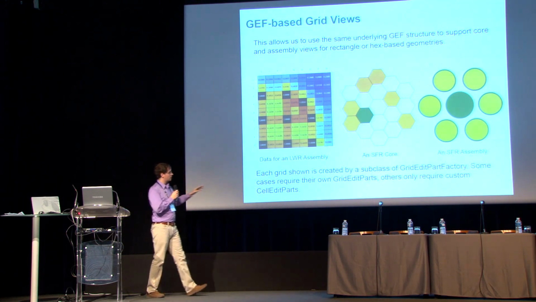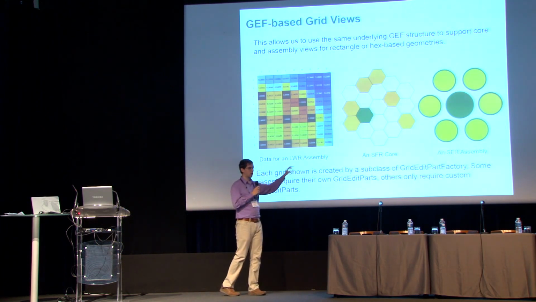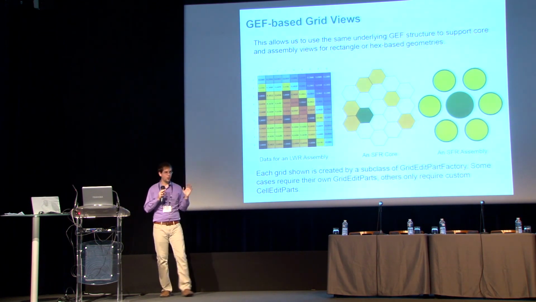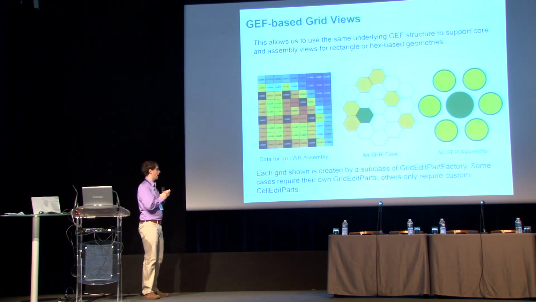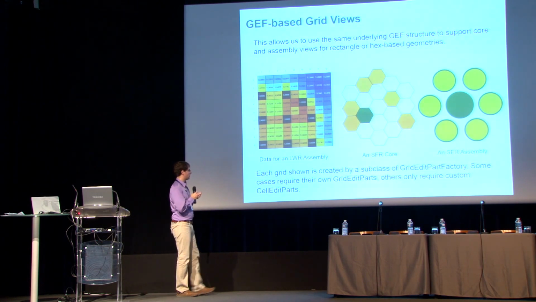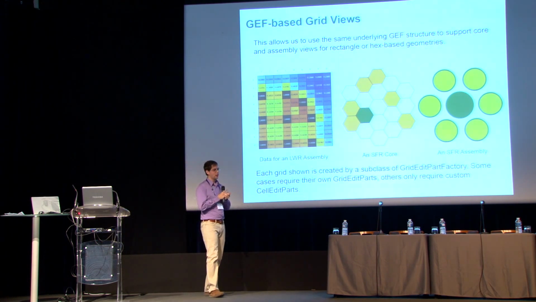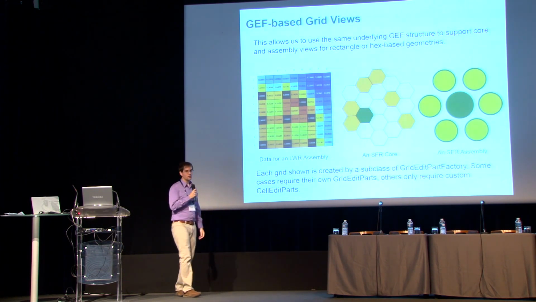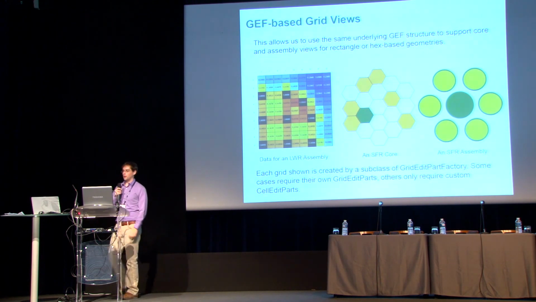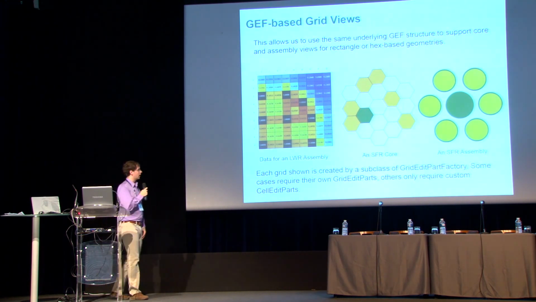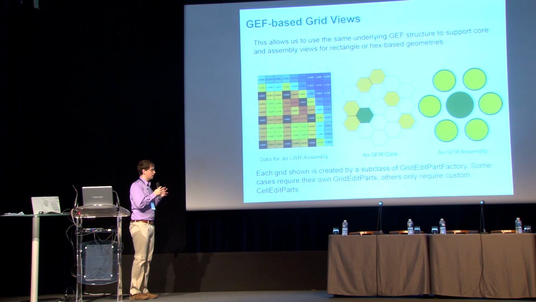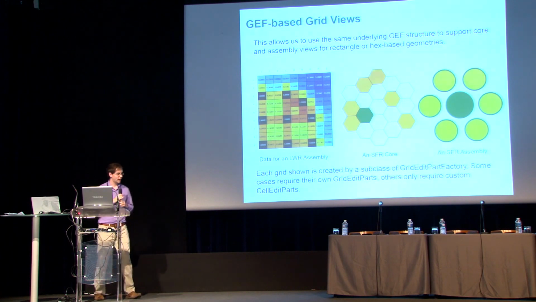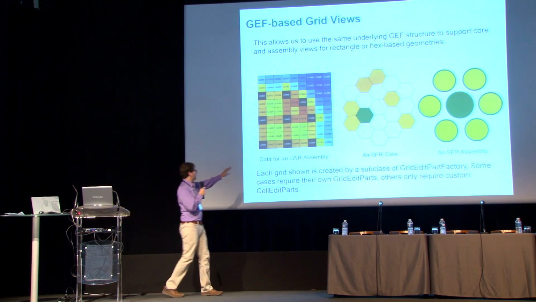To actually get these hexagonal and circular and packed kind of layouts, we only had to extend a few classes. We only had to extend grid edit part factory a few times, grid edit parts just a couple, and sometimes we only needed to implement our own, or subclass the cell edit parts. So it's a really flexible way that we came up with to address these domain-specific and even reactor-specific views. And I can briefly tell you a little bit about what you're seeing here,